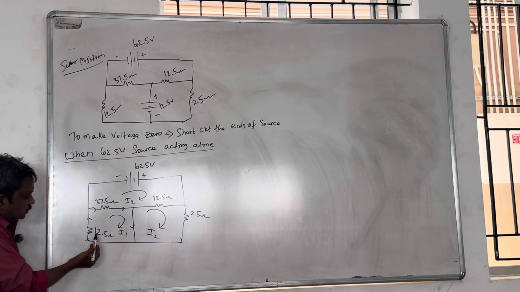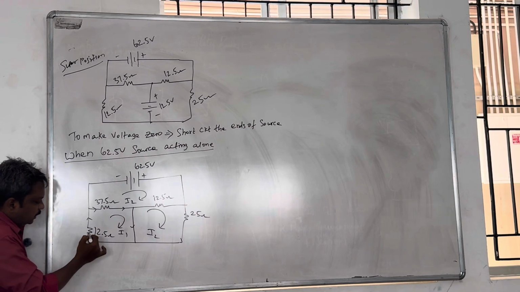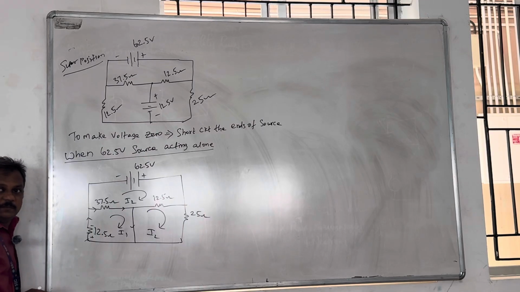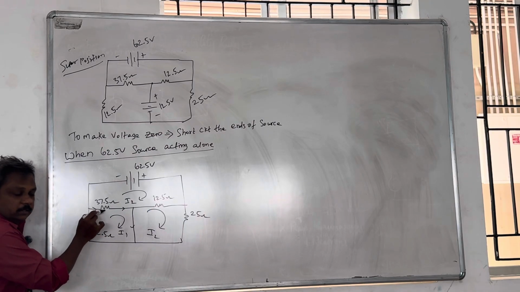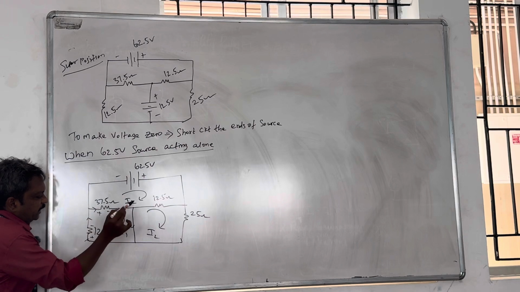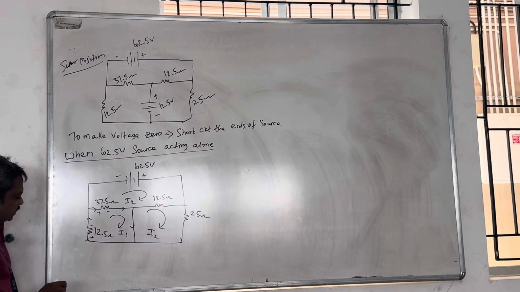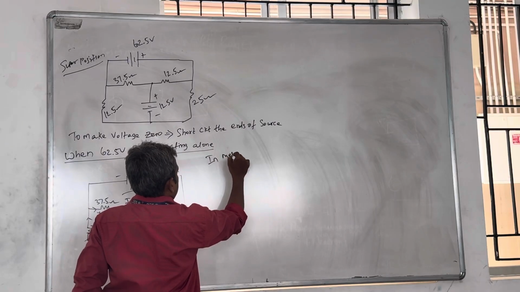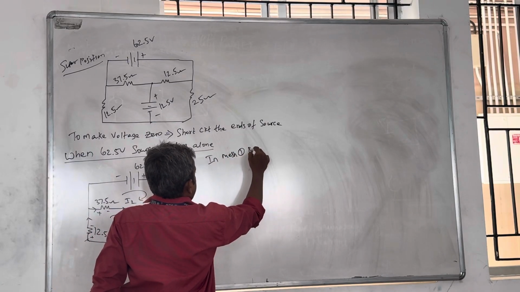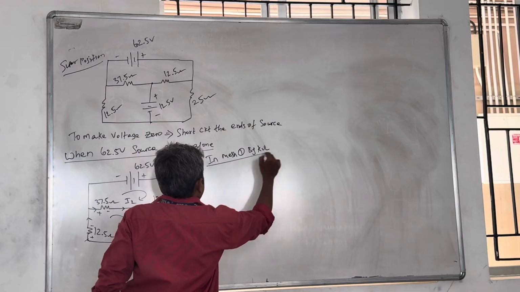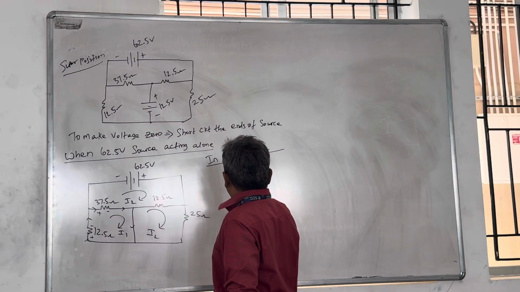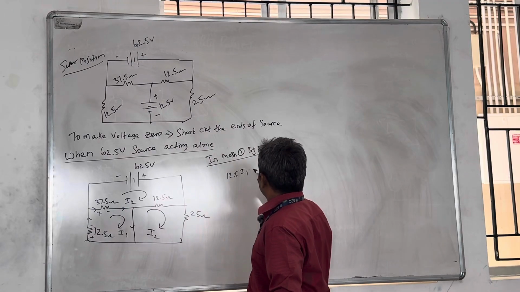Clockwise direction. Since this is absorbing power, it means entry plus, leaving minus. Here, plus minus. That's all, only 2 elements. You consolidate in mesh 1 by KVL